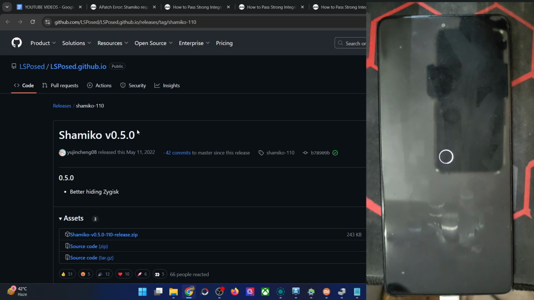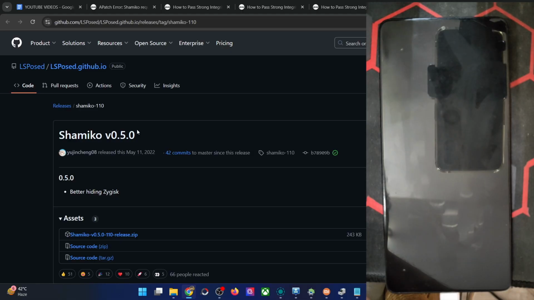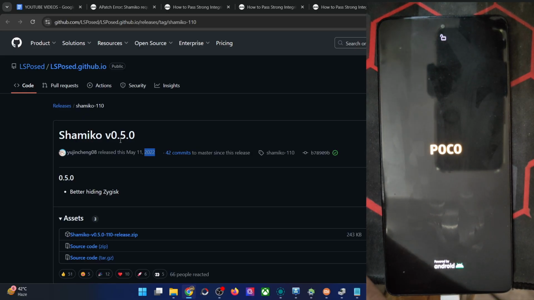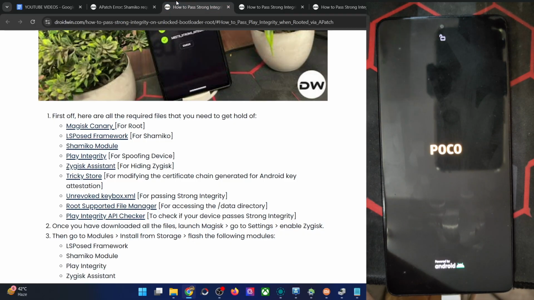Just tap on reboot. Okay, keep this point in mind that since it's quite an old build of Shamiko, you might face a few issues on your phone with regard to other mods not working with the old Shamiko build. This might happen, but at least you will have the Shamiko mod on your phone. But I don't know whether it will do much good or not. Still, it's quite a handy workaround for having the Shamiko module. Just use an old build and you will then get the job done.